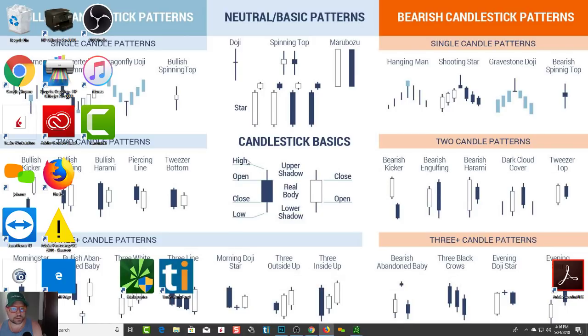But if you want this wallpaper background, just type in candlesticks patterns into Google, and then under images, you'll see it. I found it and just saved it to my computer. It's always good to have stuff like this, because whenever you're looking at your computer, you'll see something pop out, because all these patterns matter, right? Patterns matter. Very, very important.